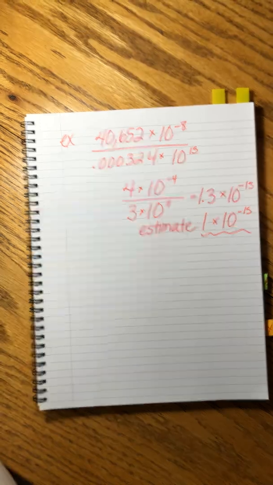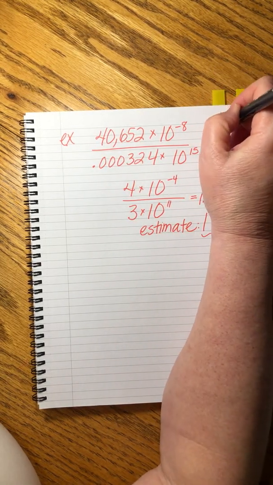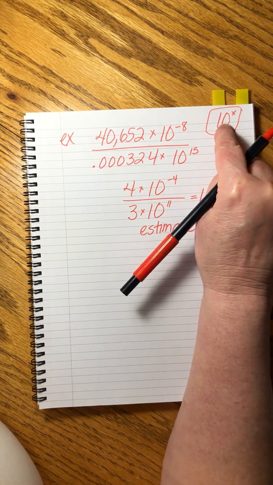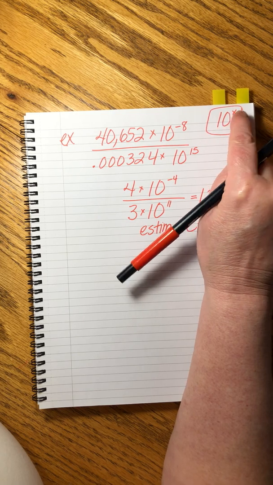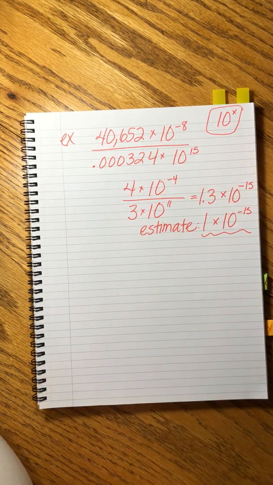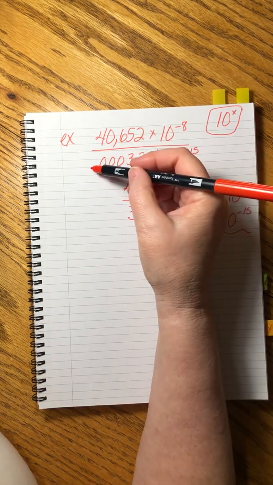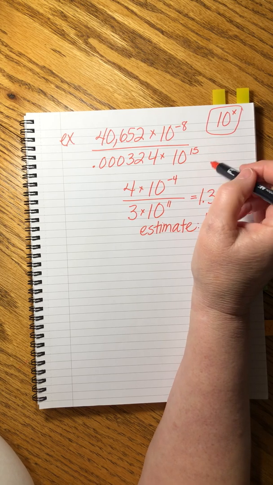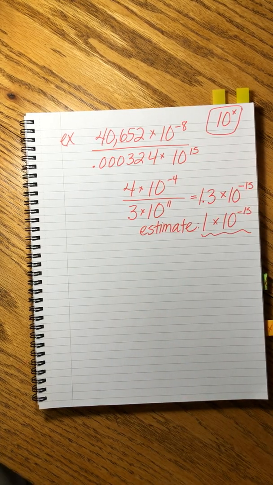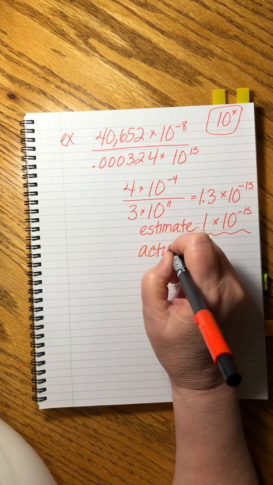Okay, run all that through the calculator using that 10 to the x button to do your exponent. Remember, when you hit this key, it will take the last number you entered and use that as the value for x. Okay, so you do this, and then you do divided by, and then you open the parentheses and do the whole thing. Close the parentheses, equals. And what you will get is an actual value of